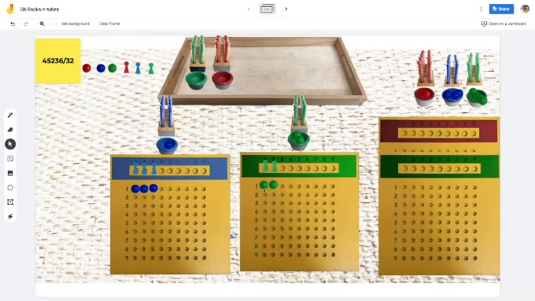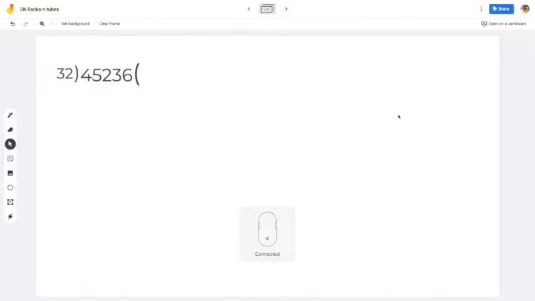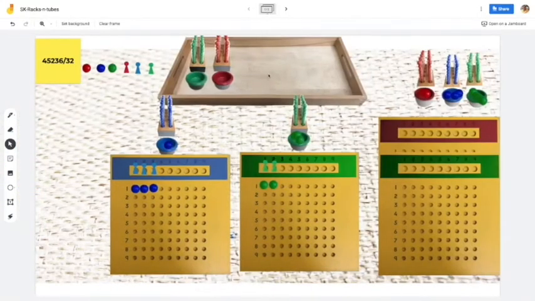Before clearing the board, we need to see what each unit skittle got, and that is 1,000. So let us write down that in the quotient portion. Let us go to the next frame, that is where we recorded, and write 1 in the quotient place. And then we get back to the previous frame.